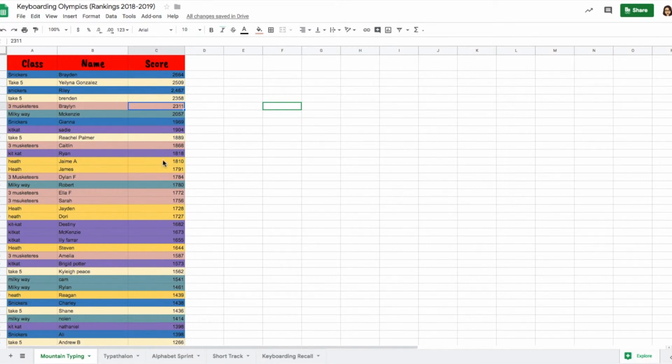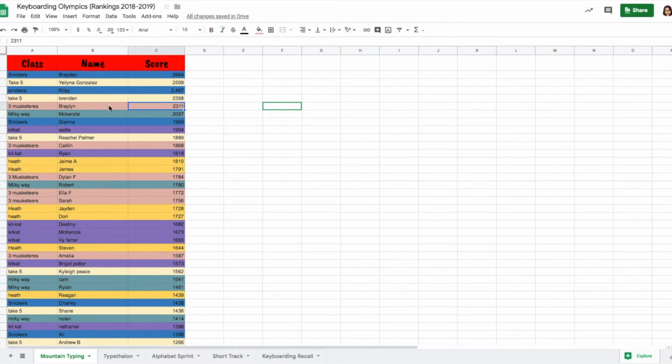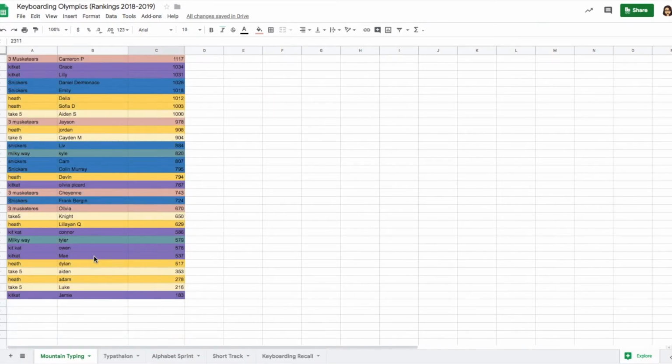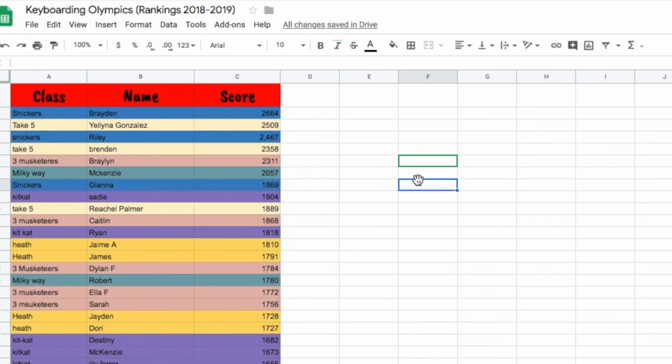So now the other thing that I would like you guys to do is to figure out which place you came in. So just for you to know, the first person here being in row 2, even though they came in first, they're in row 2 because of this header. So whatever place that you come in, just subtract 1 and that will give you the place that you have. So we have 73 listed here, which is technically 72. And you are going to, just off to the side over here, write the total